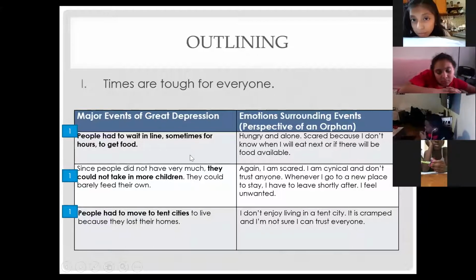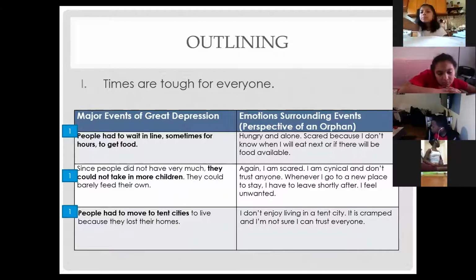And I didn't just take all of the information I wrote in my graphic organizer. I just used certain information, the most important information, and I bolded that. So as you can see, it's people had to wait in line, sometimes for hours to get food. They could not take in more children, and people had to move to cities. So